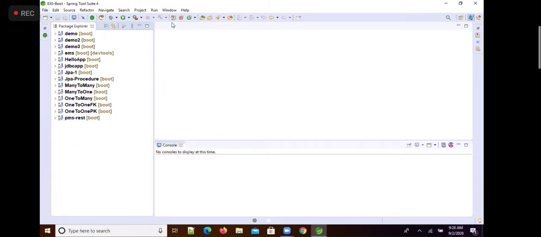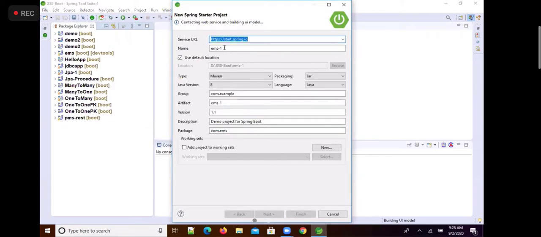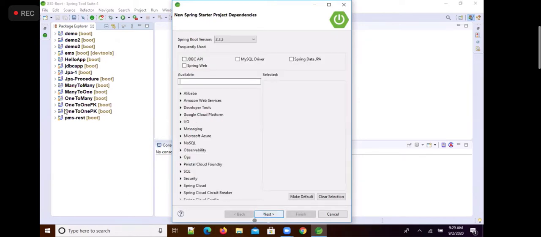Now today we are creating a new Spring Boot starter project, Spring starter project. Now this project is a client. Client means PMS client. And suppose my package name is com.client. Choose web dependency.